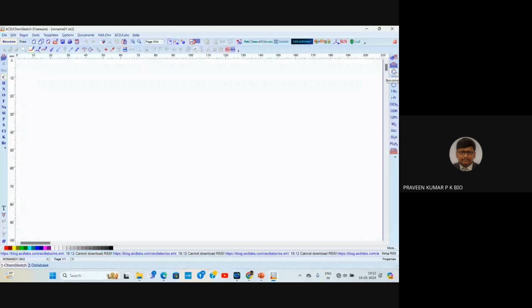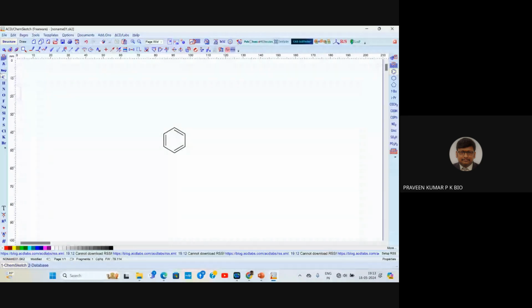Initially, I'd like to give you a small example. I'm going to use aspirin, and show how to draw the molecule aspirin using ACD ChemSketch, a cheminformatics software tool. So what is aspirin? It is acetyl salicylic acid, isn't it? Acetyl salicylic acid. You have a carboxyl group at one end, and at the other end you have